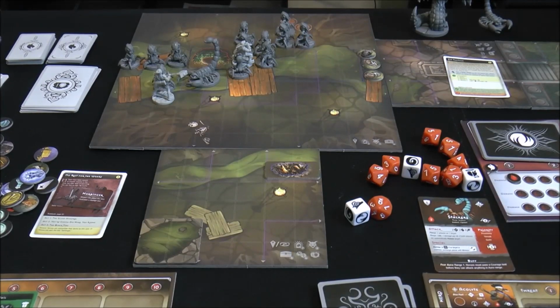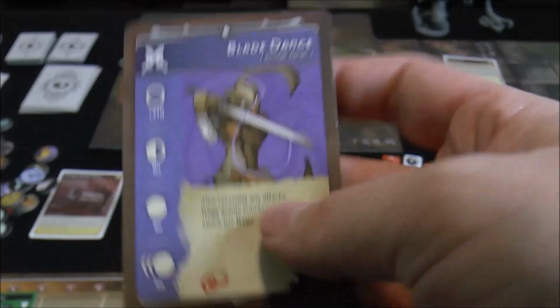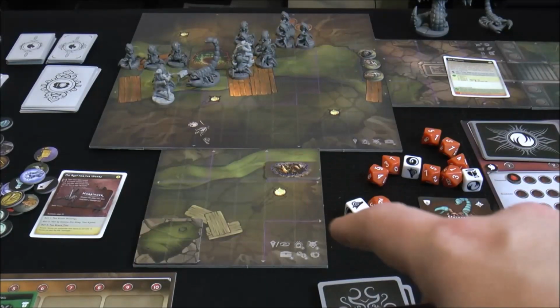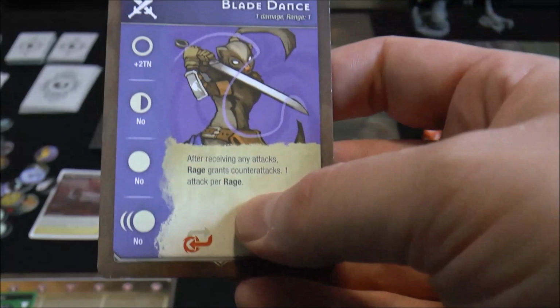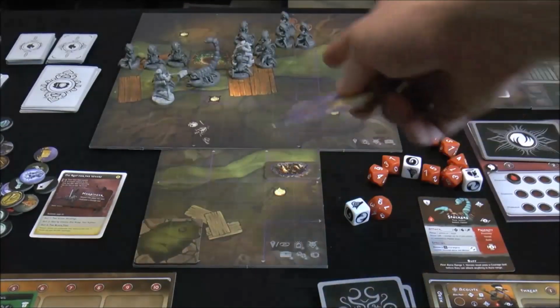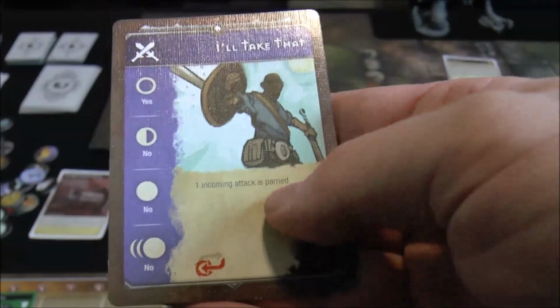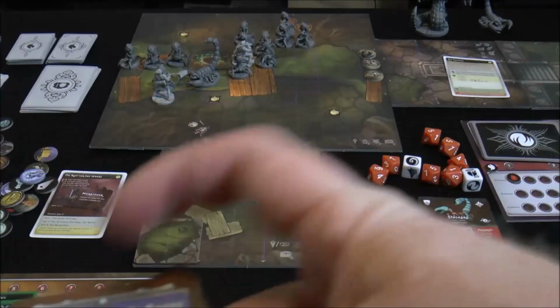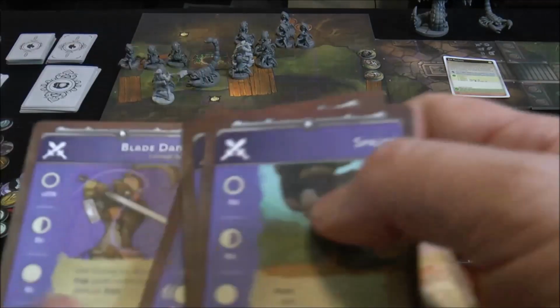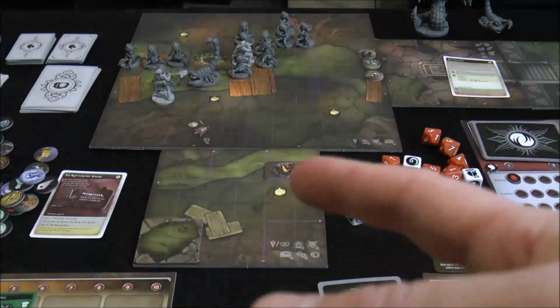The other interesting thing here is we now have this blade dance here. This is sort of a reactionary card, so I'm going to have to wait till these guys activate. They sure as heck are. And then I can do some counterattacks. So this blade dance idea I can use to hit and hammer on that, because I also have some other reactionary cards that are basically going to act as parries here. So I can parry one incoming attack, and then I can play this other one here. So that'll be 2 incoming attacks, and if I play another card here as a main attack,